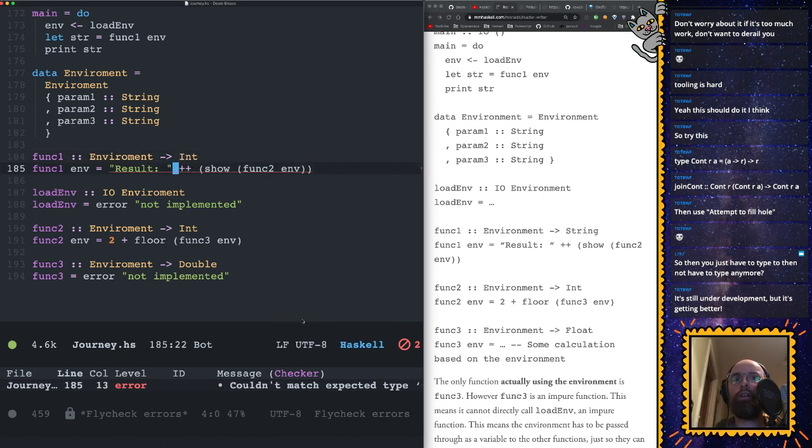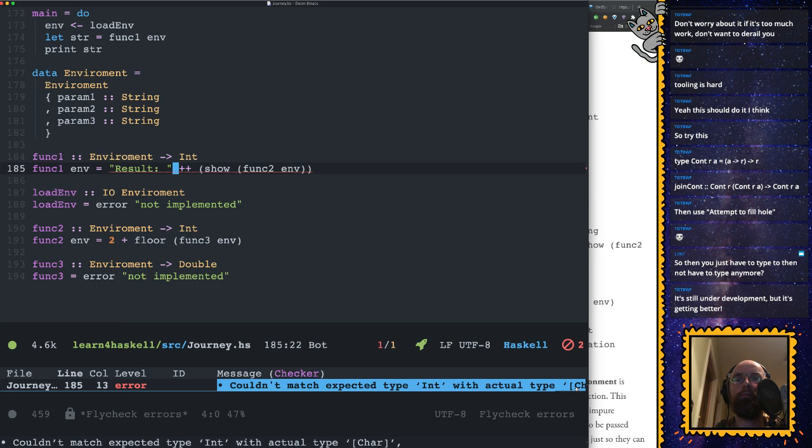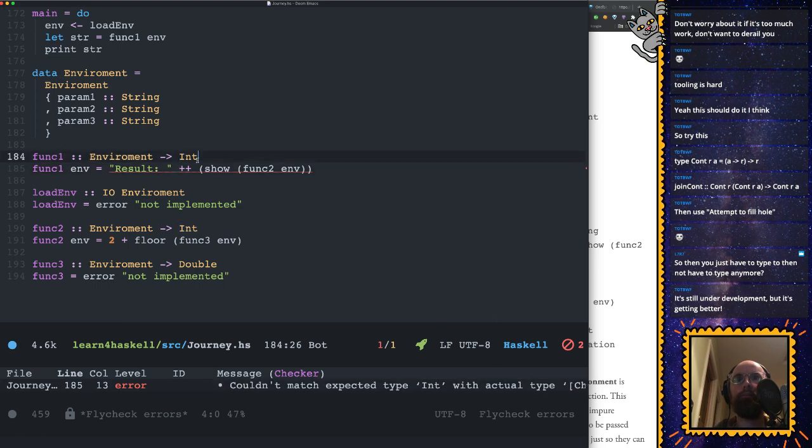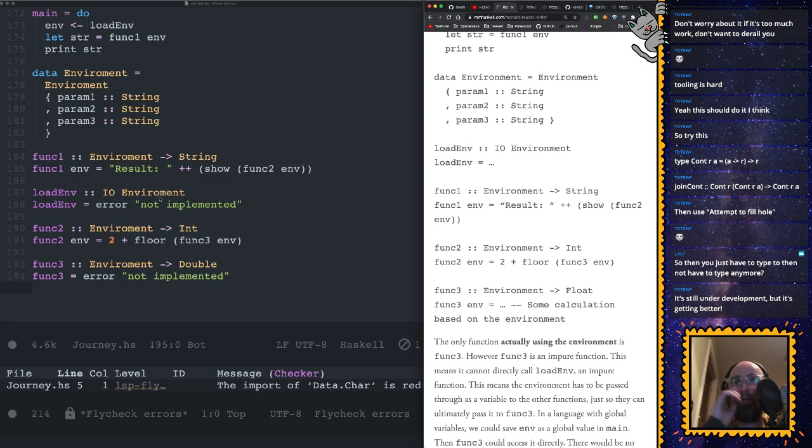Couldn't match expected type with actual type. Oh, Int with actual type. Oh yeah, look, it's up here. That might help, mightn't it? Okay, it works now. Okay, so let's pretend that this is our function, and then, I mean, we can see